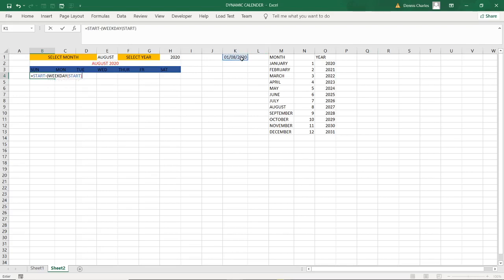I close that bracket, then I minus 1, then I close my bracket and press Enter. So we shall be having a value here.